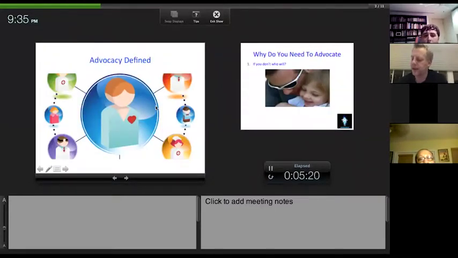Advocacy defined. What exactly is advocacy? This slide, the visual, I think, says it all. Think of advocacy when advocating for somebody as a bicycle wheel. And in the center is the hub, and then the spokes radiate out. And along the way, as you're advocating for somebody, especially in the situation where somebody has a serious terminal or life-threatening condition, there are so many different spokes on that wheel between insurance carriers, caregivers, clinicians, researchers, psychosocial element. There are so many different aspects to what you may need to advocate for that you just have to be mindful.